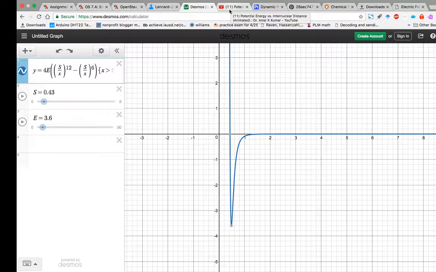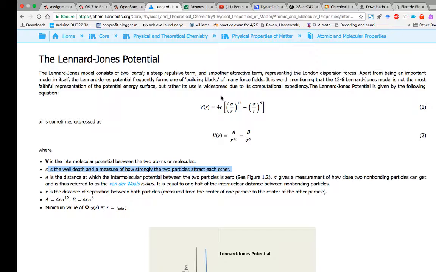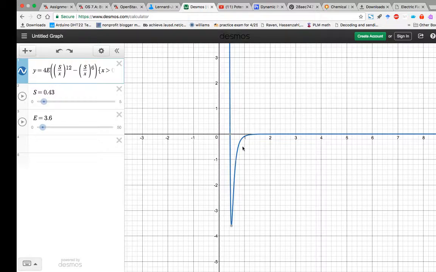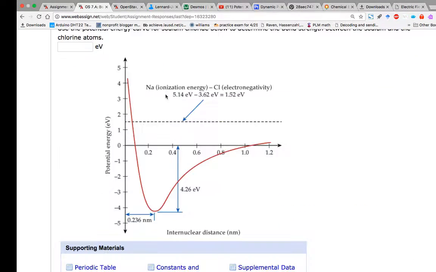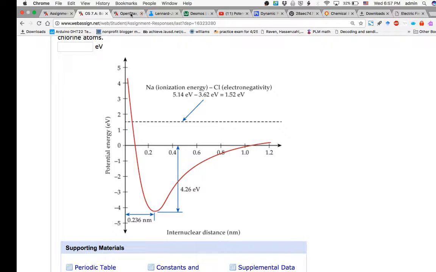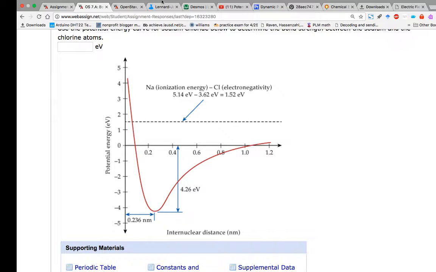But before I do that, let me make this a little clearer. This is the math that scientists came up with, right? And when they graphed it, the graph looks like this. Or you can change the scale of the x-axis. You can stretch out the x-axis to make it look prettier, like this. And then they found that